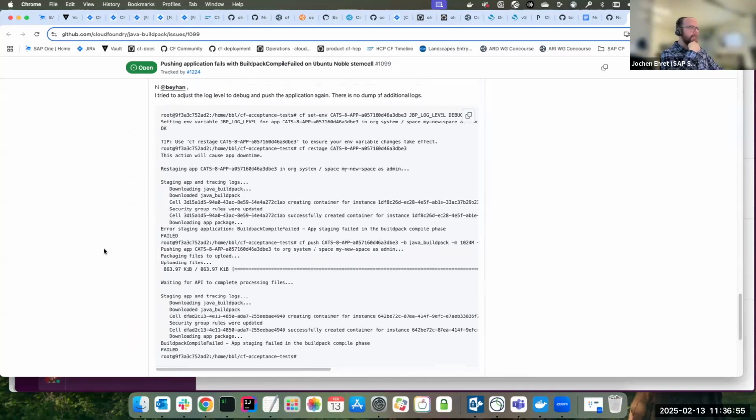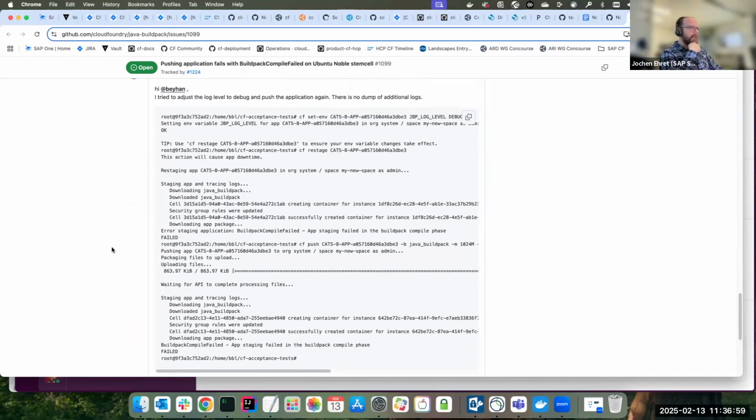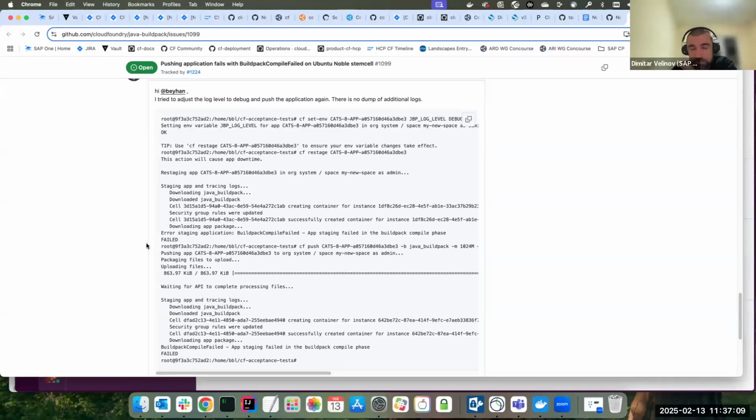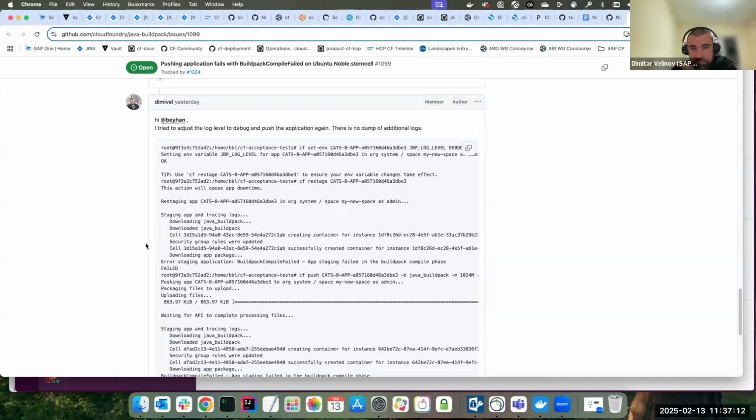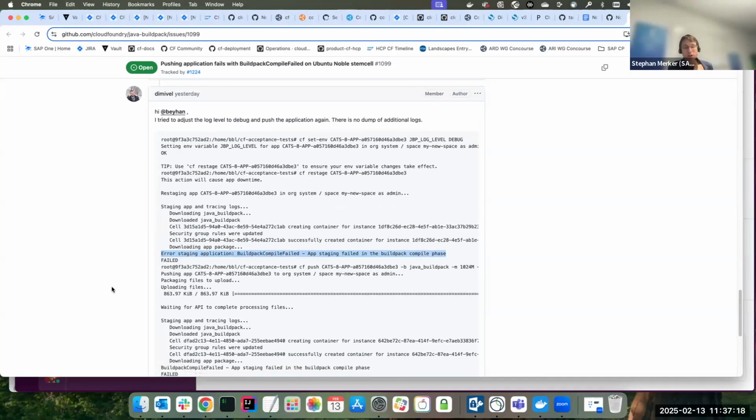But the Diego colleagues should be able to assist here. And then collect the logs from there, or try to reproduce the error inside the container. Or ask the Java buildpack team to add more logging. I think there is a flag to enable more logging.